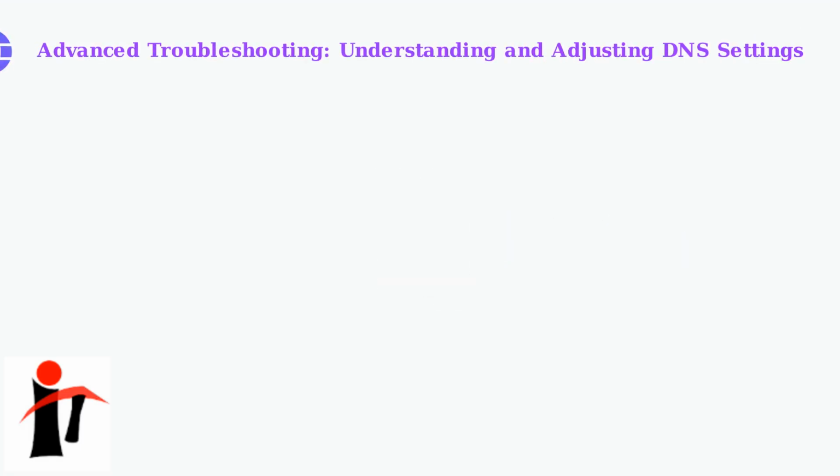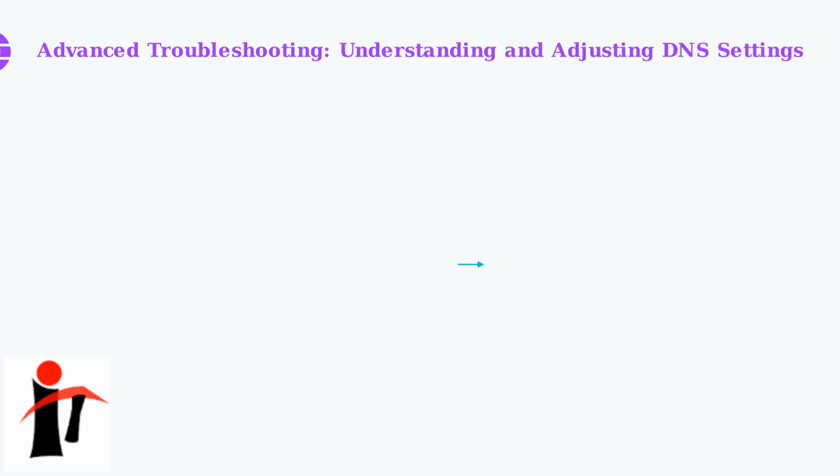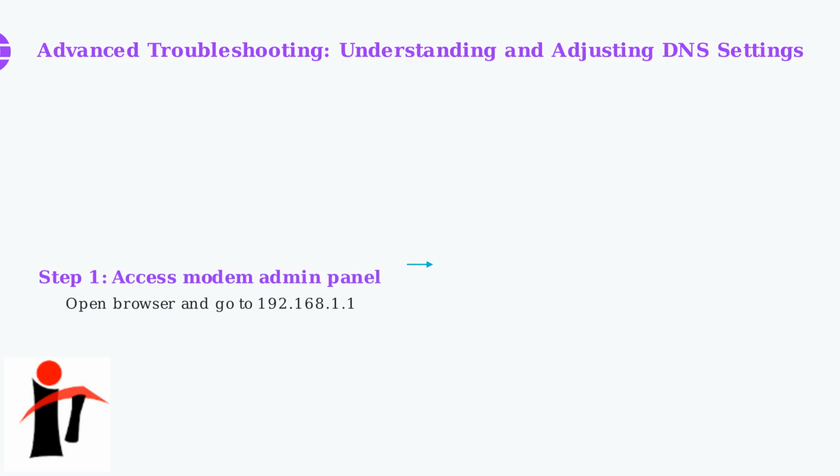Still having trouble? Your DNS settings might be the culprit. DNS translates website names into IP addresses. Optus uses its own DNS servers by default, but switching to alternative servers like Google's or Cloudflare's can sometimes improve speed and reliability. Access your modem's admin panel by opening your web browser and going to